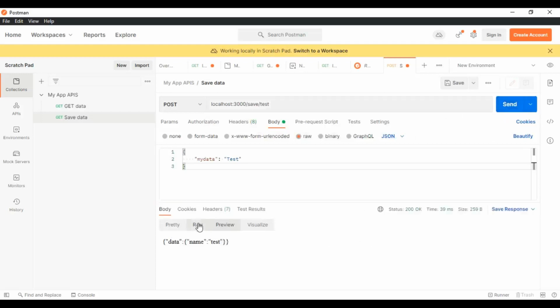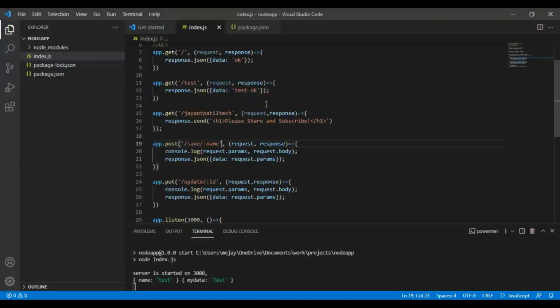Now you can see we need to pass some variable, then only it will work. Otherwise it is not working, because it is mandatory to send some parameters in the URL that will map to this key. Here it will be ID.